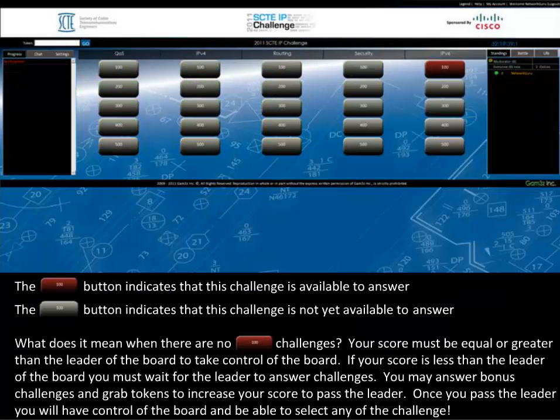The red button indicates that this challenge is available to answer. However, the gray button indicates that this challenge is not yet available to answer. What does it mean when there are no more red challenges? Well, your score must equal or be greater than the leader of the board to take control of the board. In the right-hand corner, Network Guru is the leader of the board. If your score is less than the leader of the board, you must wait for the leader to answer challenges. You may answer bonus challenges and grab tokens to increase your score to pass the leader. Once you pass the leader, you will have control of the board and be able to select any of the